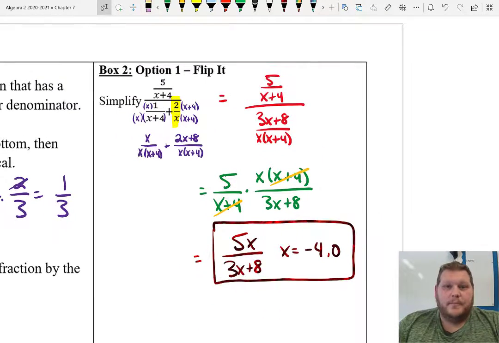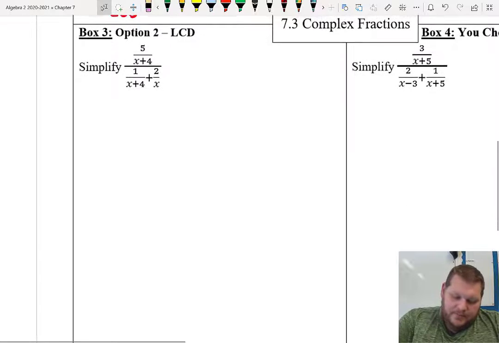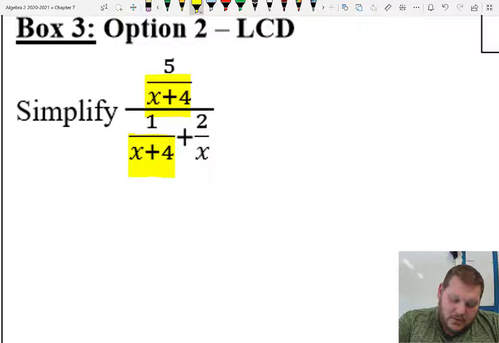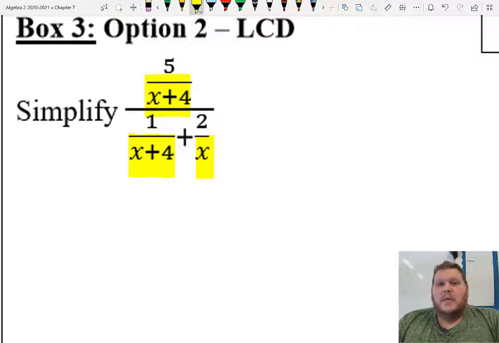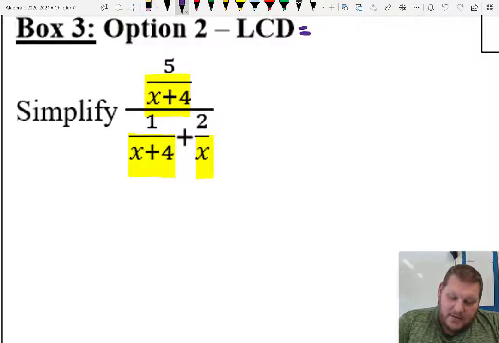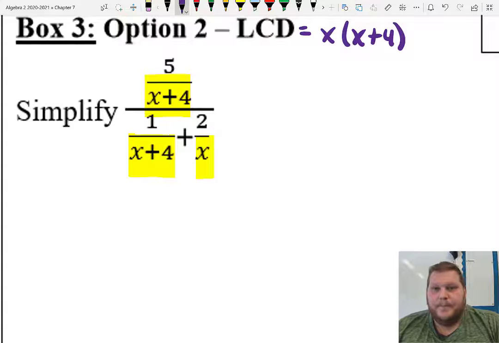Okay. So that's option 1. Option number 2. Same exact problem, 5 over x plus 4 over 1 over x plus 4 plus x over 2, 2 over x. So now this one, we're going to be multiplying by the LCD. So in my 3 denominators, my LCD is actually the exact same LCD we just figured out in the last one. I have an x and I have an x plus 4 in my denominator for all